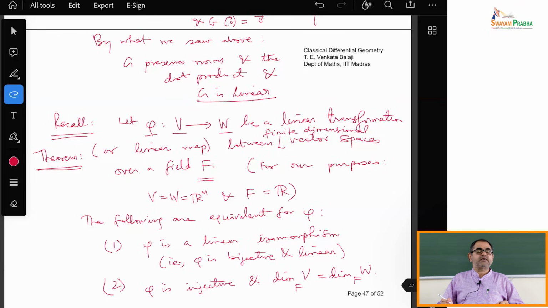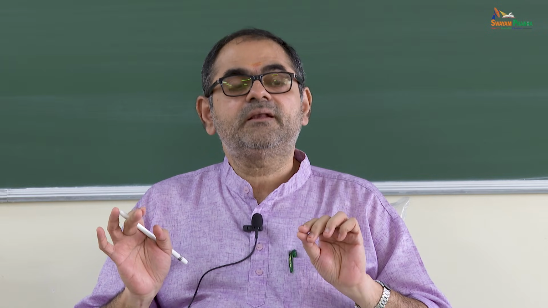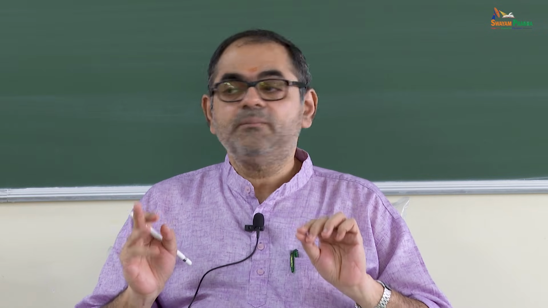So this involves a little bit of abstraction in the sense that how do you decide that the dimension of a space is n? The idea is that the dimension of a space must be equal to the maximum number of linearly independent vectors you can get there. So if you take Rn, you can check that the maximum number of linearly independent vectors in Rn will be n. For example, if you take R1, just one non-zero vector is enough. Every other vector is a scalar multiple of that. If you take R2,